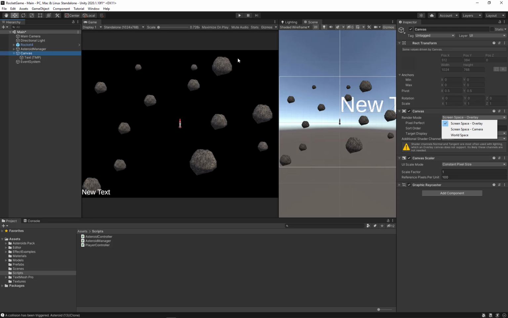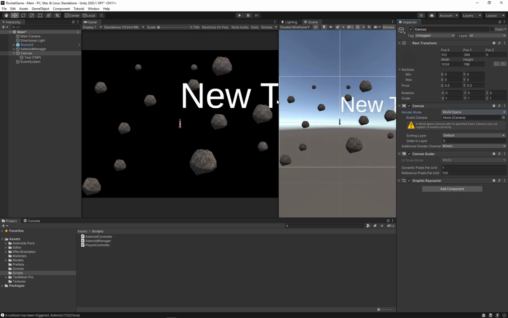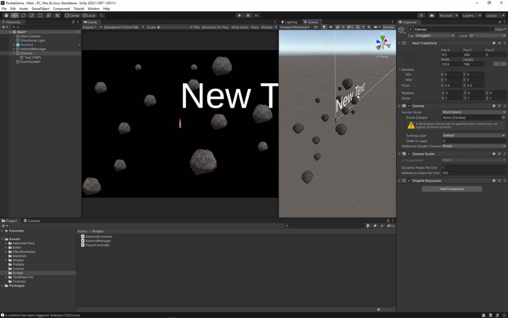With overlay, it's always going to overlay here on the screen. With camera, it'll overlay in your camera space, so it'll be relative to your camera. With world space, this now becomes 3D text. So I can start manipulating this text